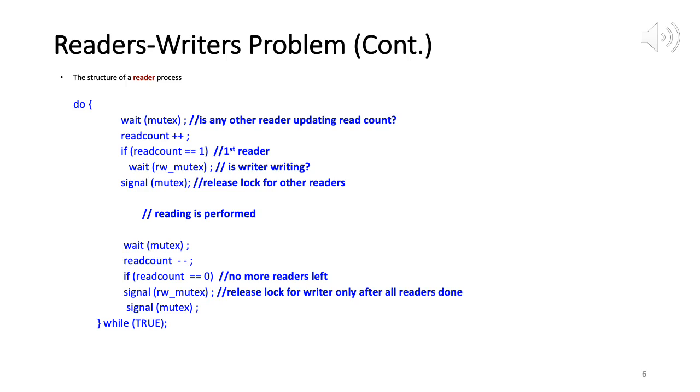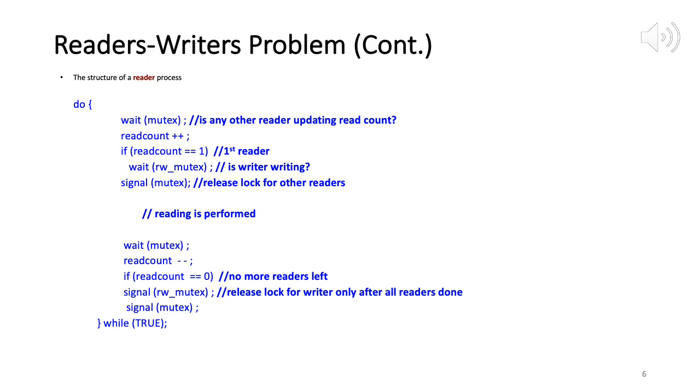So what the mutex is doing is ensuring that at any point of time, at most one reader can modify the read count variable. Which means that if a particular reader is modifying the read count variable, the other readers have to wait. Modifying means it could be either plus plus or minus minus. During its lifetime, a reader will do plus plus followed by minus minus. We know it's a shared variable, so we have to protect it, just like we had the count variable in the producer consumer. So read count is protected using the mutex.